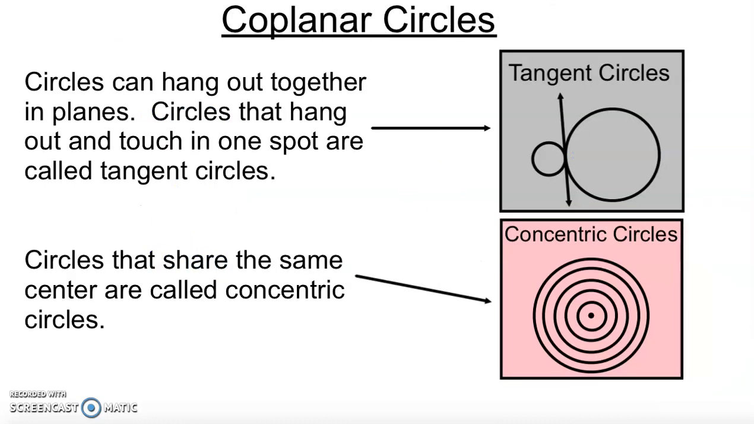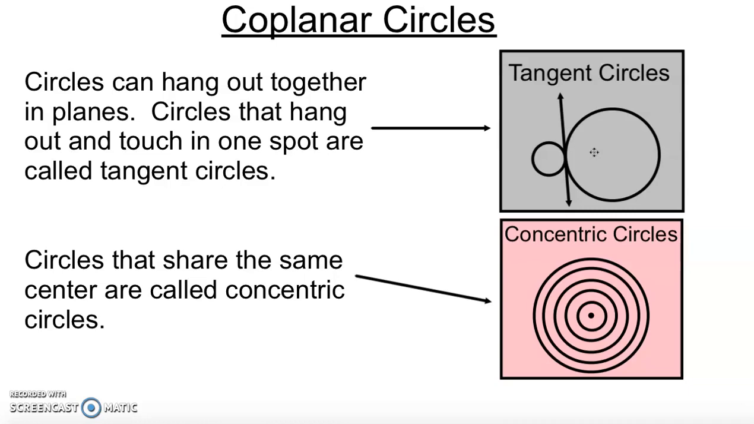All right, coplanar circles are circles that are just together in the same plane. So as long as you have circles in the same plane, you're going to have coplanar circles. And then they can be special circles in addition to being just coplanar. If they are circles in the same plane and touch each other in one spot, we call them tangent circles. So this kind of looks like a snowman, sort of-ish. I guess it's sideways. So if I have two circles touching each other in one spot in the same plane,